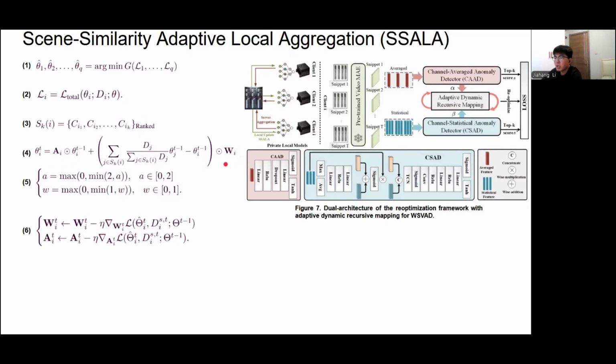If a local model configuration leads to a lower loss, we consider it a better fit for that specific link. So we use gradient descent to minimize the loss and update A and W accordingly.